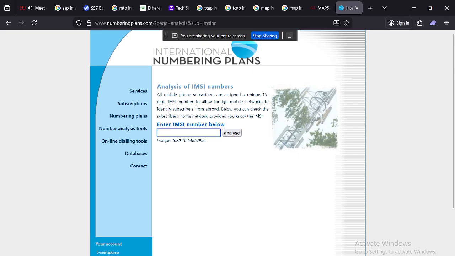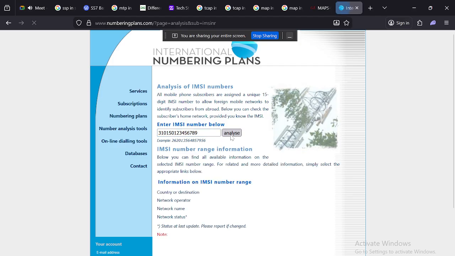I would like to check one IMSI number: 310150123456789. It shows a country destination, network operator, network name, and network status. So it gives an invalid result. Let me enter one valid IMSI number.